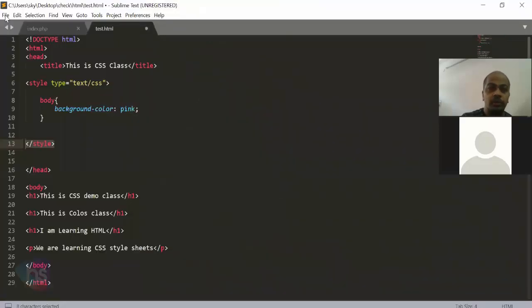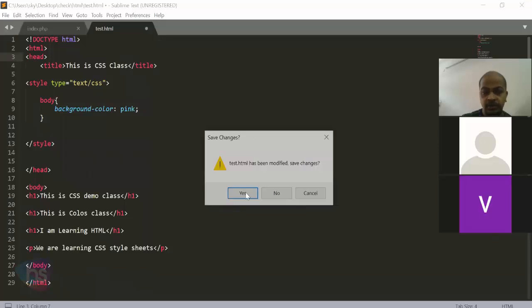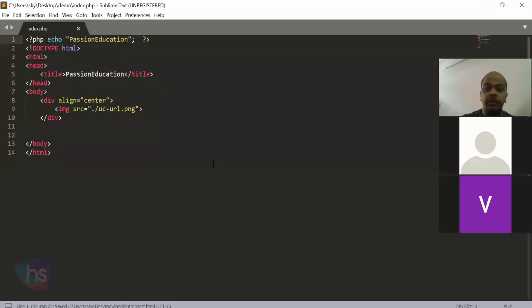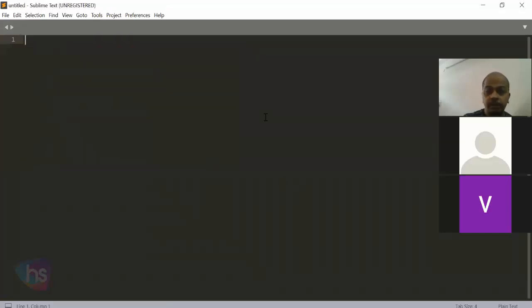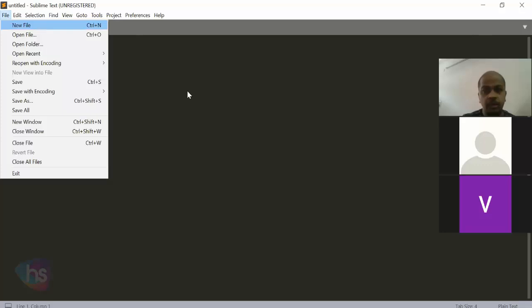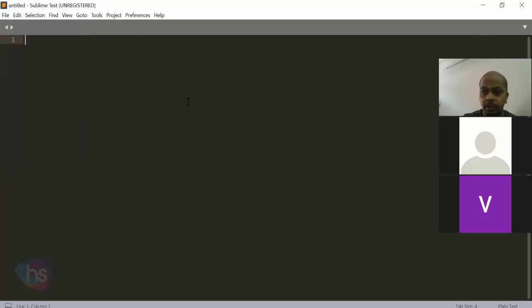Okay, now what you do is very simple and easy to understand. Once you have successfully opened the Sublime Text Editor, I'll explain right now. From here, I'm taking File, New File, freshly opened in Sublime Text Editor.